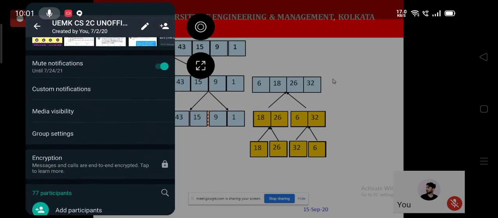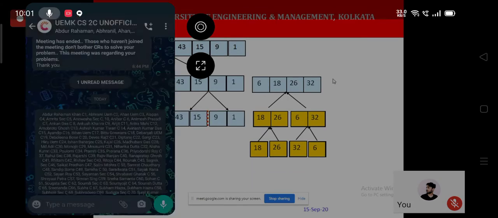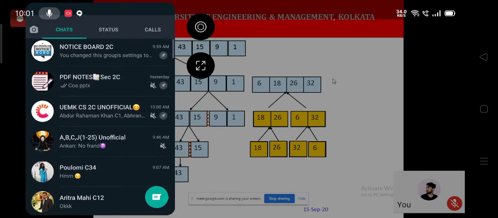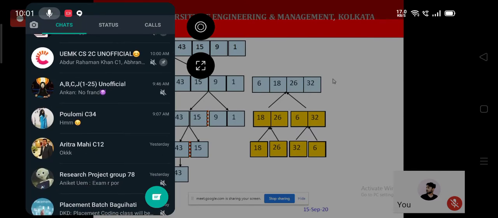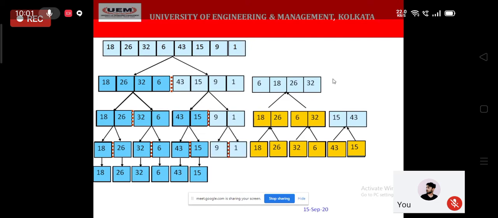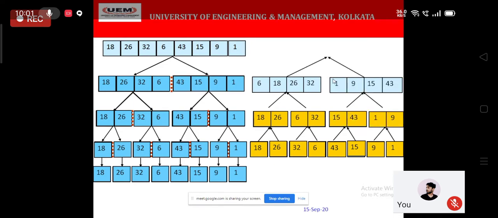Then go for the right part. Divided into two halves. Again divided into two halves. From here again, see, for this one, again for the left part you are solving first, and you will go in the similar way. Now whenever you compare 15 and 43, they must be compared and combined as 15 43. Then there is 9 and 1. So you will get this as 1 9 after this operation, and then you will compare in the similar manner and you will get this.